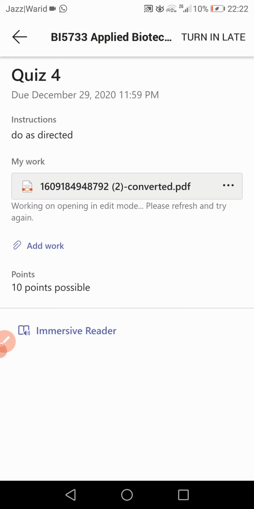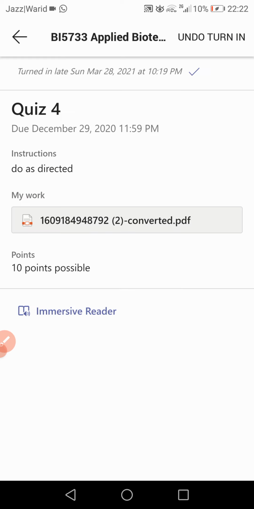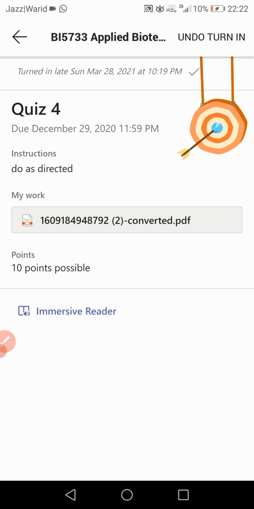Once it is uploaded, you're going to click done. After the done option, which is right now not displayed since I haven't uploaded anything, I'm just explaining the methodology of how the work document is uploaded. Once you're done with this, you're going to turn in. Turn in simply means that your work is turned in. You can see different animations, and all these simply show that your work is turned in, and the date of turn in is going to be over here.